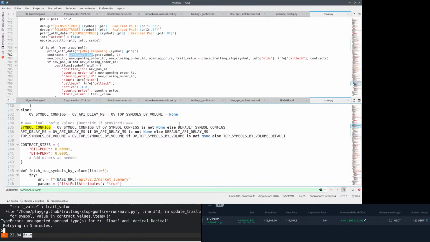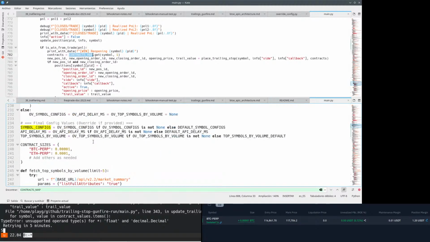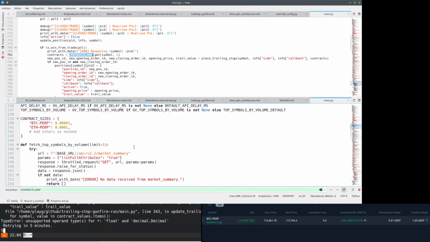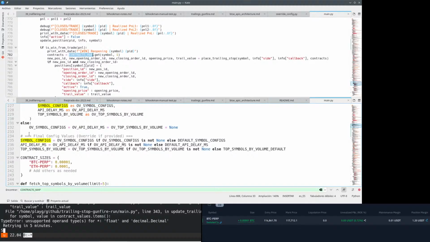unless what happens here is that the symbol configs is set here, and that's why it doesn't fail, but it's never set as a global variable. Maybe this is a problem if we modify symbol configs later on. But if we want to,